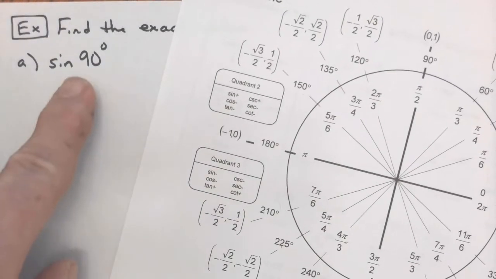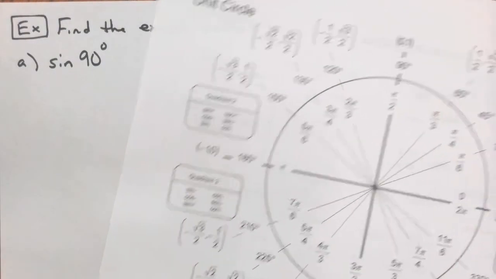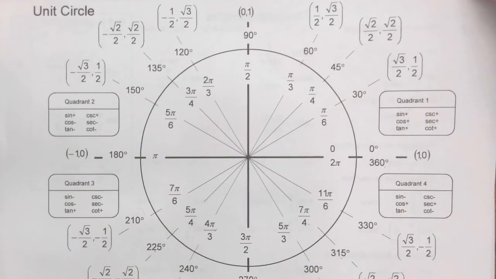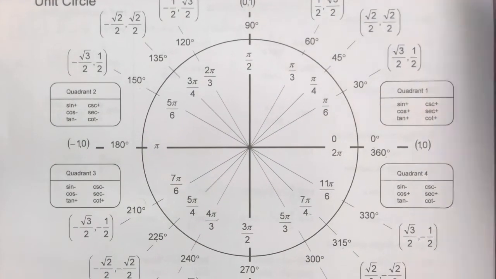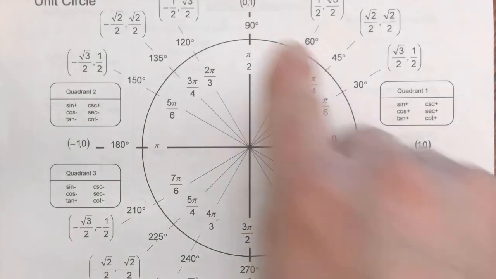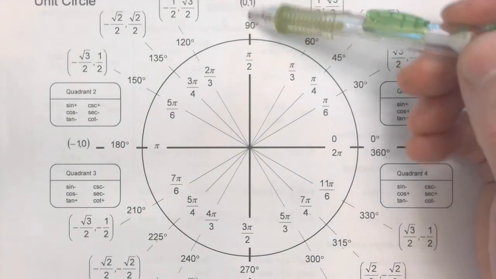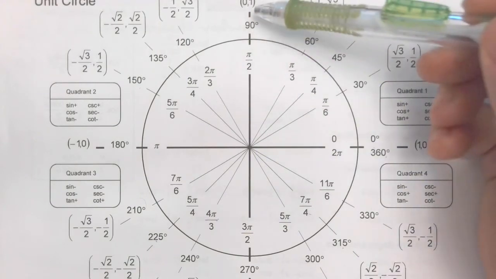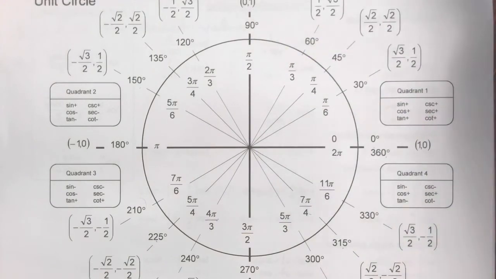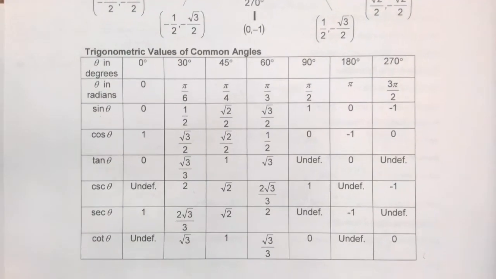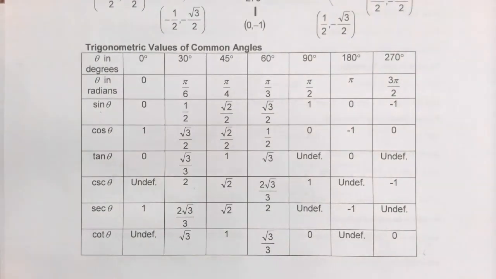So I take a look, it's the sine of 90 degrees. Just looking at the angle for a minute, I'm going to take a look at my unit circle here, and I'm going to see where is 90 degrees on the unit circle. I see it's up here at the top, and it is right on the y-axis. Anytime that you have a value on the x or the y-axis, for our unit circle, what I would do then is shift to the table underneath the unit circle,